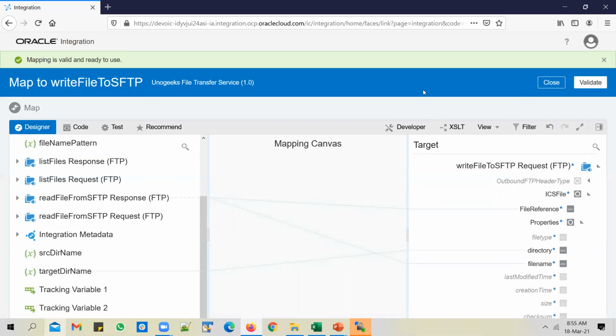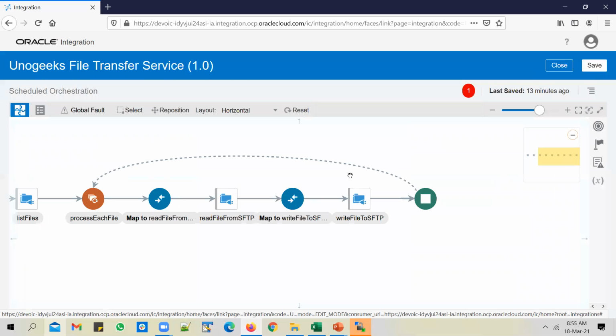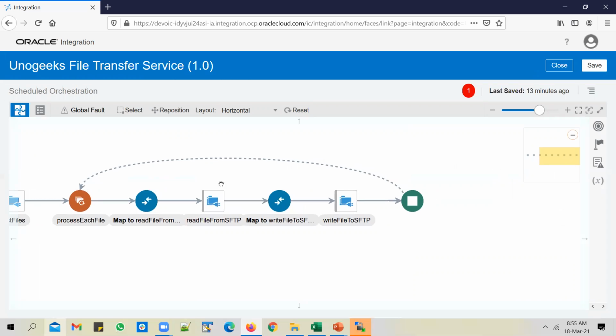And close. So this is how you read a file, write a file, and list the files using an FTP connection. Now the file is read from input and written to output, and I don't want to leave the file behind in input, so I want to move it to the archive directory.